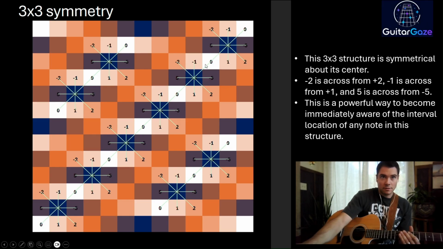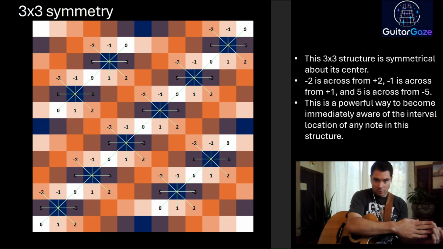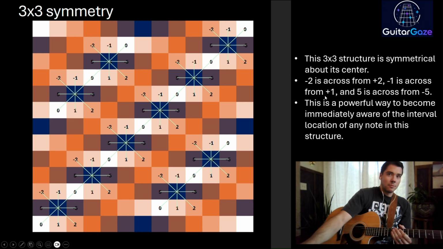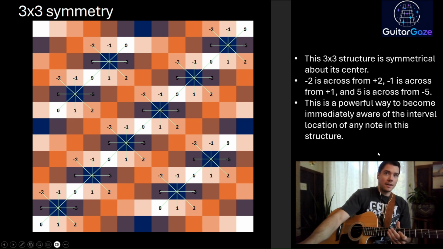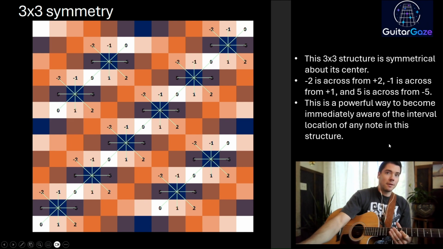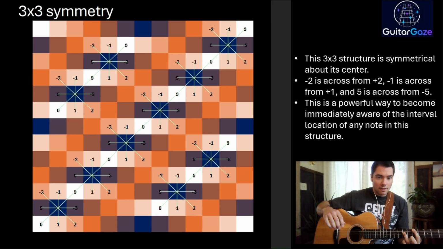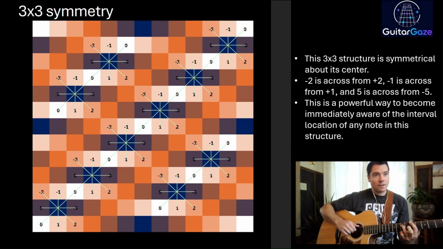So this 3x3 structure, everywhere that it appears on the fretboard, which is in many places, is symmetrical about its center. And this is a very powerful way to become immediately aware of the interval location of any note in this structure. So without thinking too hard, you can pick this 3x3 box with a root note in the bottom left and top right,